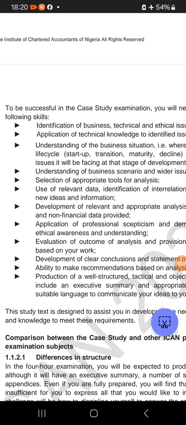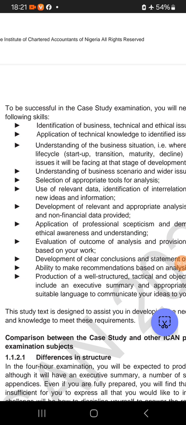This is the second class that we'll be having on this pack review for case study for this diet. In the first class, for as many that had gone through our videos, we were able to talk about why ICAN body set up case study, what was the objective, and furthermore, we were able to let us know the uniqueness of an accountant as compared